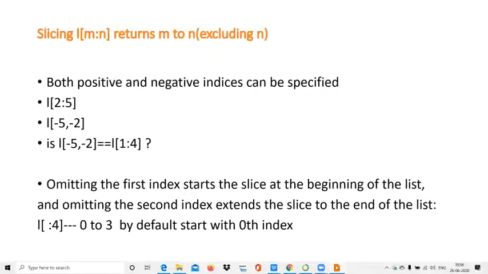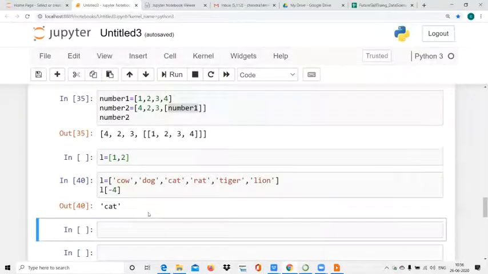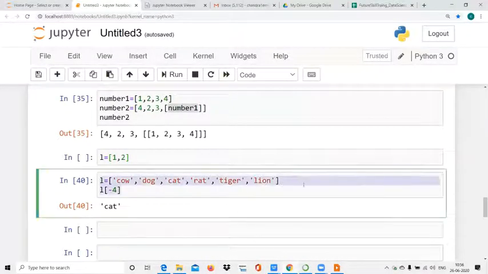Let's say 2 to 5. It will give the second element, third element, fourth element, but not fifth element. So last 5 it will not take, it will exclude N. Okay, for example, suppose this is your list.